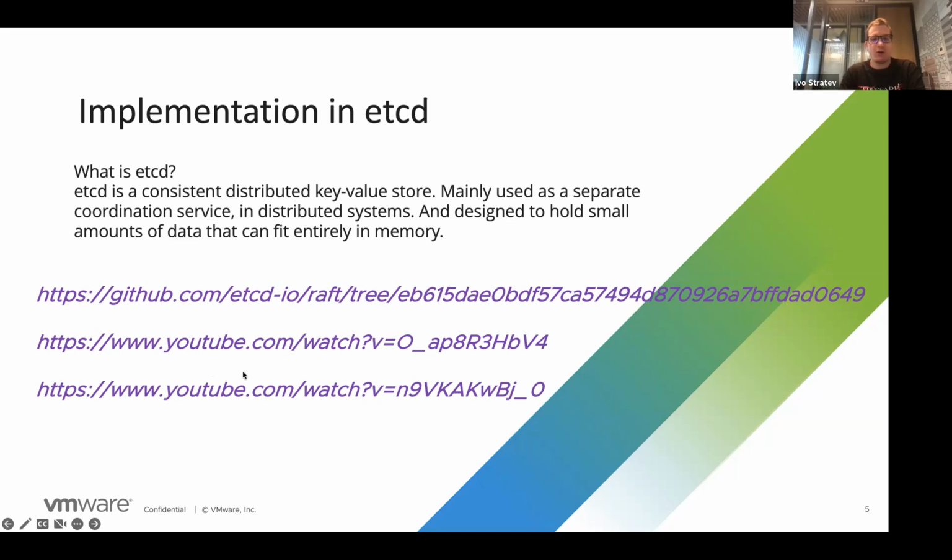There are also 2 talks about the implementation of Raft in etcd. The key thing here is that Raft is implemented agnostically from the storage and networking parts. So if one wants to use this package, he needs to provide implementations. But the key thing is that the core Raft is actually deterministic, and it's implemented with a loop that one needs to implement.